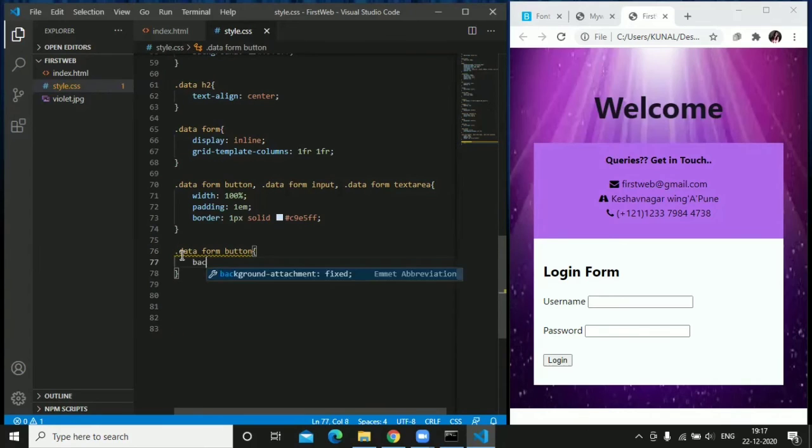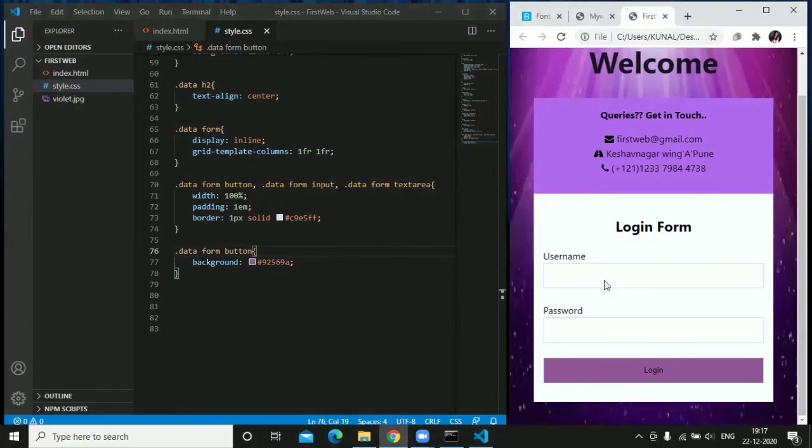Okay, so its color should be of the violet family again, right? The button should be, so just give it the color, yeah. Okay, just check it. Yeah, it is quite impressive.